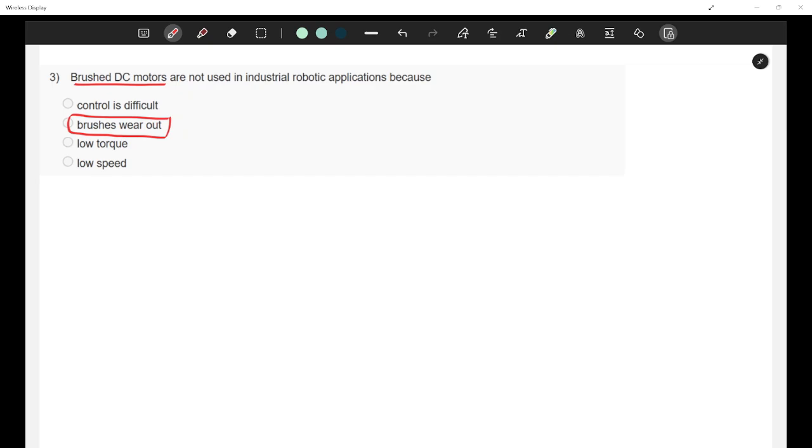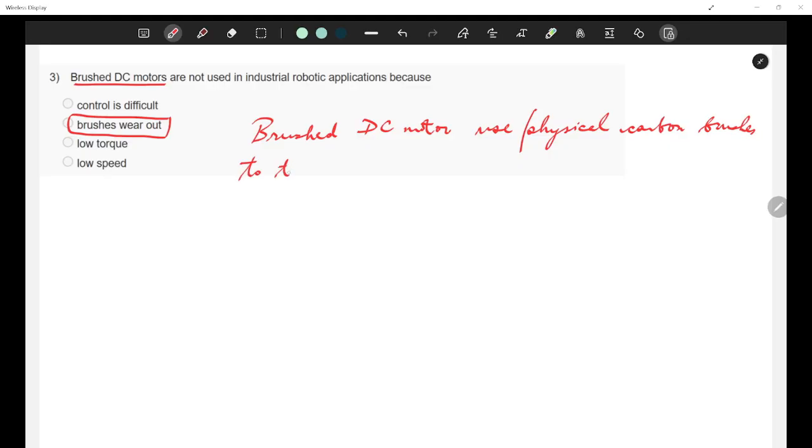So brushed DC motors use physical carbon brushes to transfer electrical energy to the rotor through a commutator.